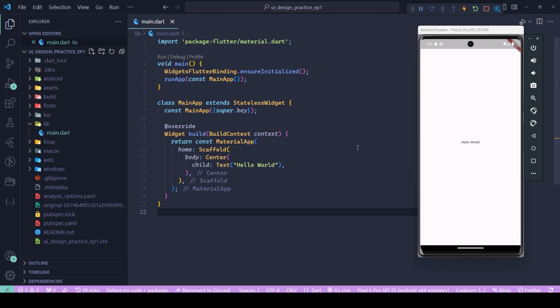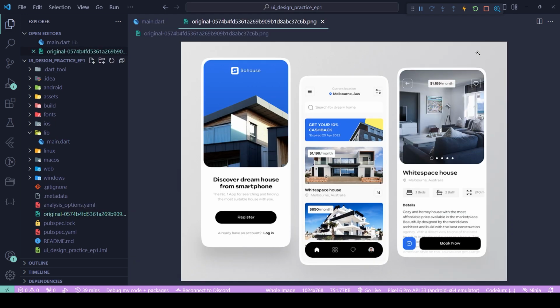In today's video, I'm going to teach you how you can create this beautiful design for your application with Flutter. So as you can see, I have found this video online, so I have put the link to it down